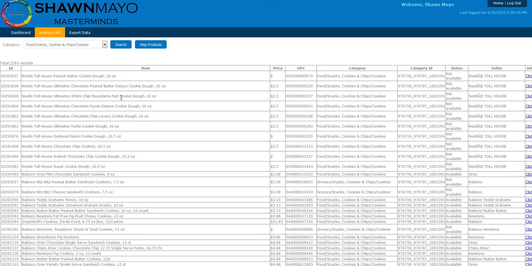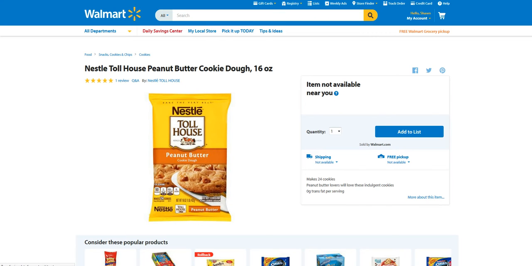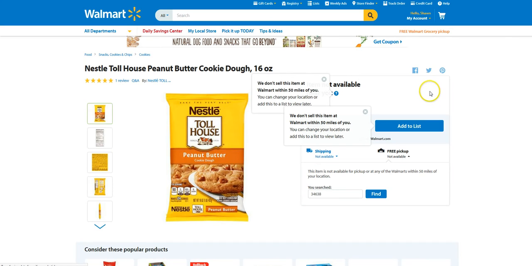You can put these UPCs. The UPC is not shown in Walmart, but we're able to pull it through the API. So you can't go to Walmart's site and get the UPC, but we're able to pull it through the back end. We're able to pull the ID number, which in turn is able to make all these clickable links. So now we can load this item